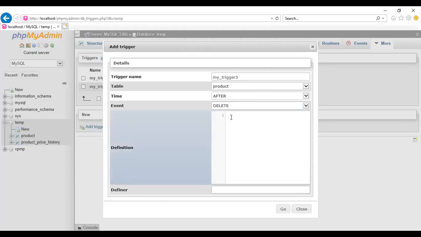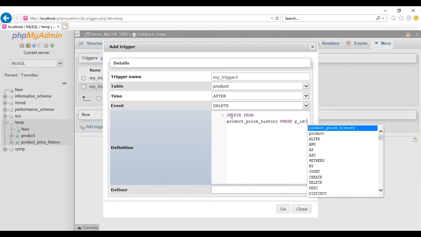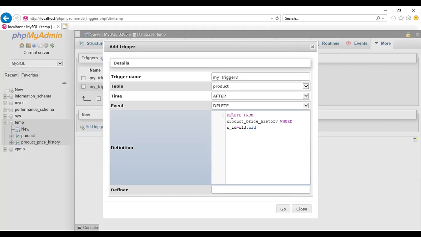Now after applying delete on the product, we have to delete from product price history where P_ID is equal to old.PID.